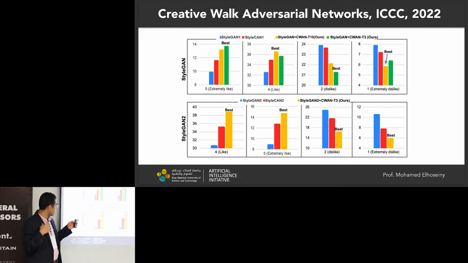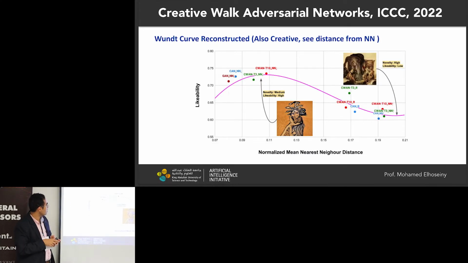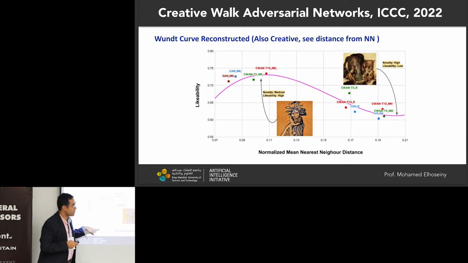So we did this, and we also did another evaluation, depicting here the nearest neighbor distance. Let's say every one of these points is a model or an evaluation set for a particular model. So we have a set of images for every model that we generated. We compute its distance from its nearest neighbor in the training set, and we use that nearest neighbor distance as a novelty score, as a quantification of novelty.